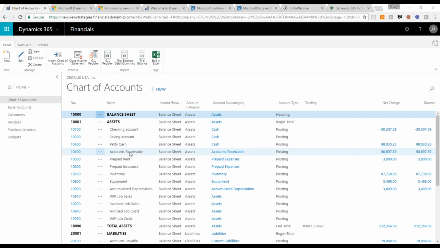And each of these records goes to an individual ledger account card about that particular account. And some of the additional things that we have are things like account category and subcategory, which help us to build the financial statement reports that come out of the box with the product. So if we take a look at the chart of accounts,